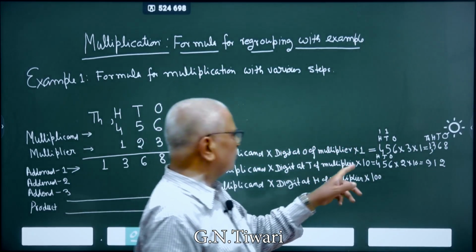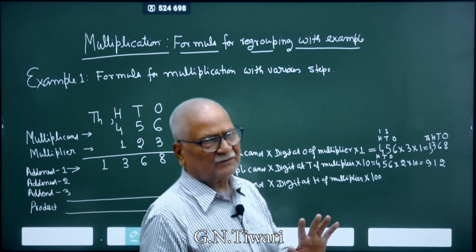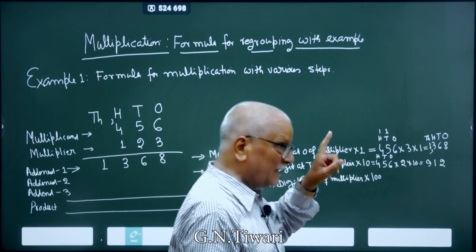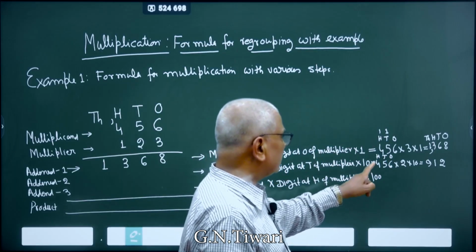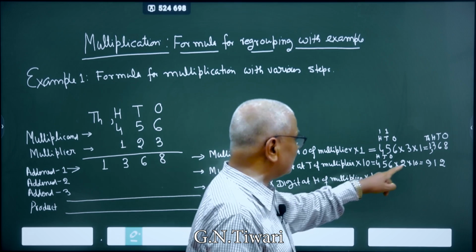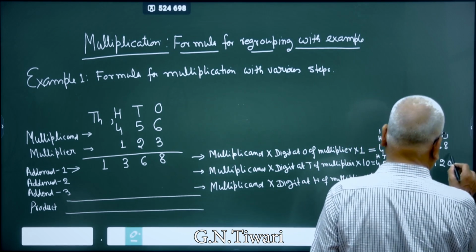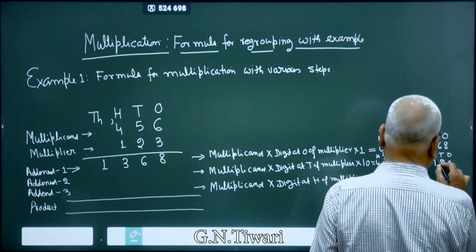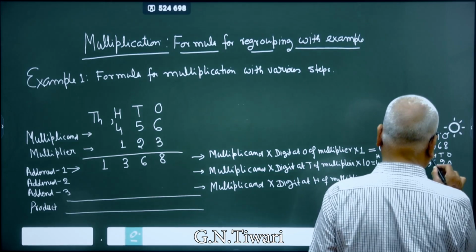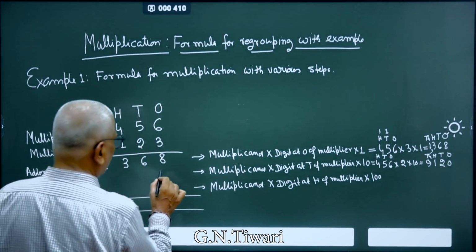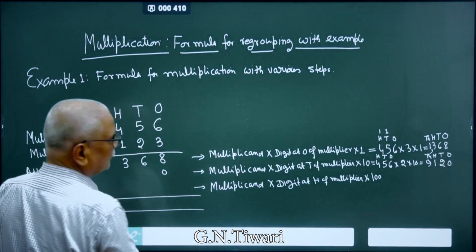Or you can do rough work by multiplying this one, because there is no place, so I have not written it. I have already told you how to write the multiplication of 456 into 2. And since there is a 10, there will be 0. O, T, H, Th, TH. So now here will be 0, 0,